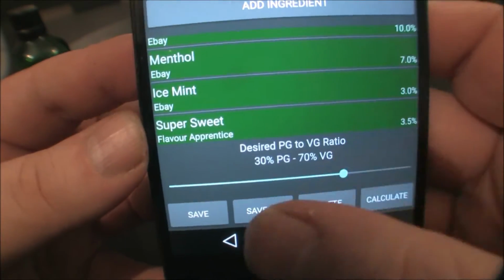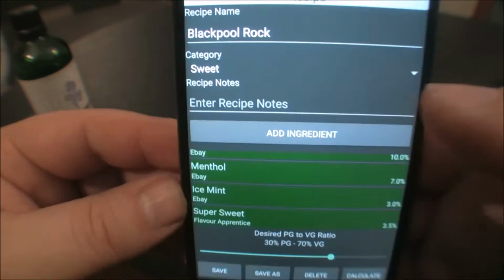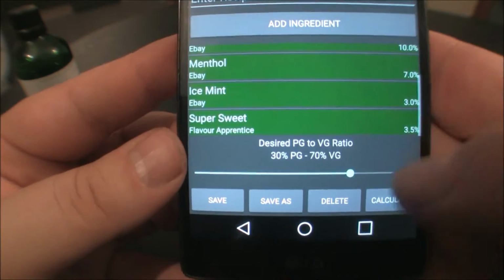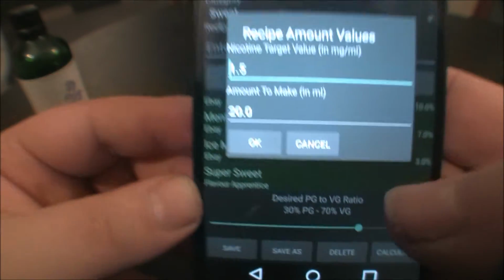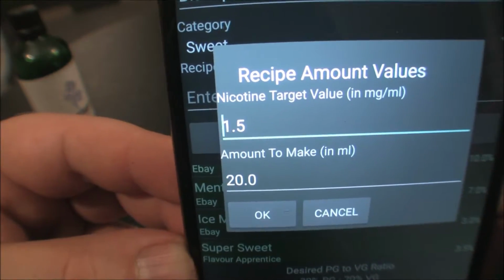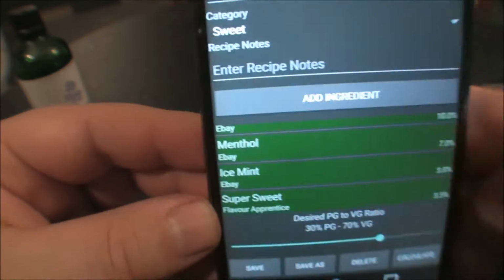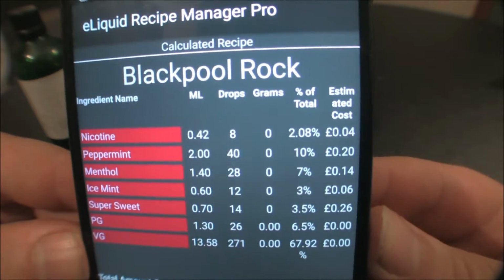But then you can save it. That's what I've had to do, obviously, for the first time. I've named it Blackpool Rock. It's in the category sweet, and I've added all these ingredients into there. And then all you do, exactly the same thing again, you calculate. It comes up, look, 1.5 value for your nicotine. I want to make 20 mils of it. You press OK. Now with this one, it's exactly the same, but if you look to the very right there,